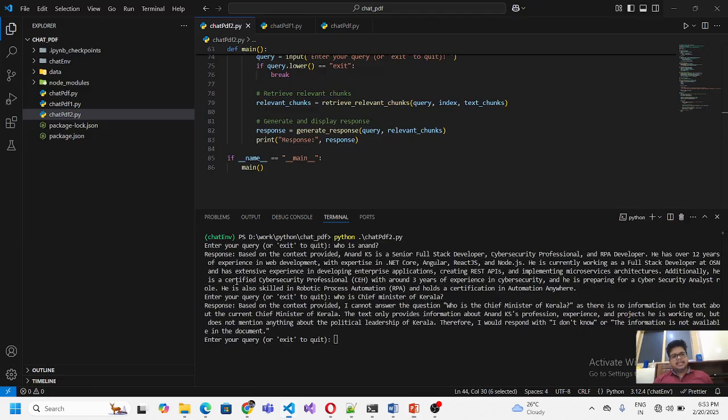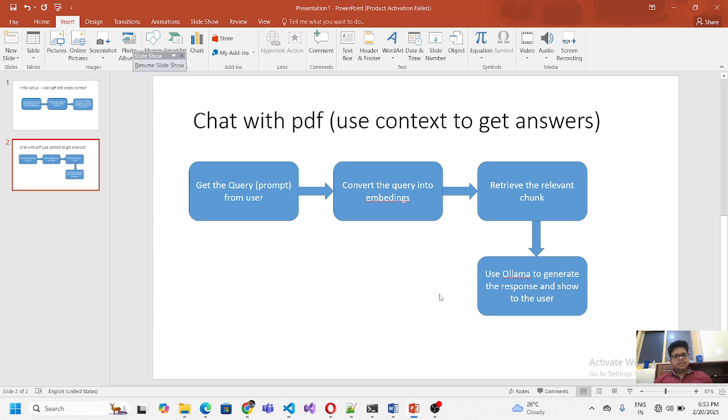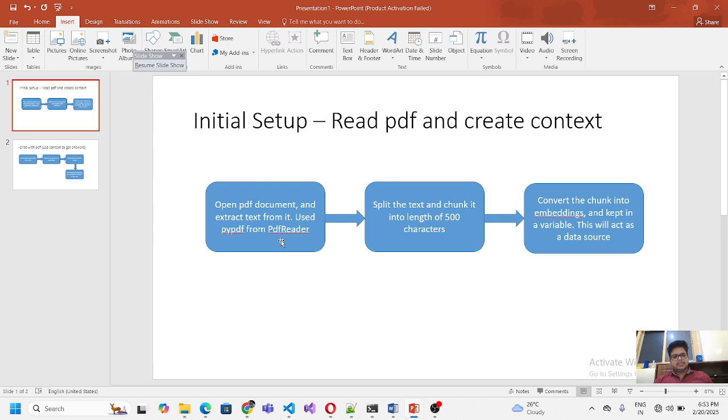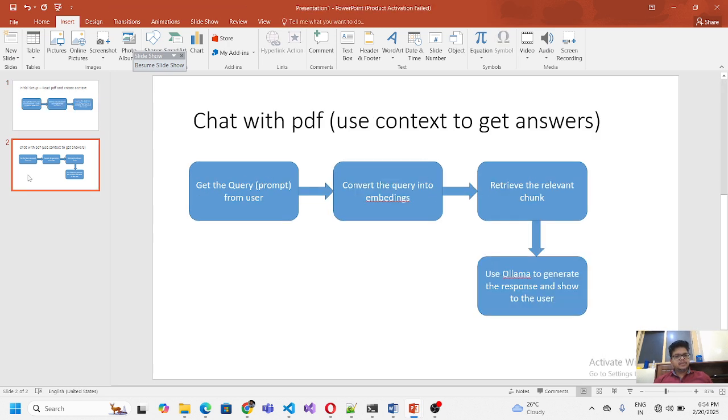So the first step is the query. The query is, who is Anand, or who is the Chief Minister of Kerala. So these are the queries. These queries are called a prompt. That prompt is directly converted into chunks. Since our data source is converted into chunks of 500 characters, the query is also converted into chunks. Chunks are a kind of RAG format. So we convert the query into chunks,